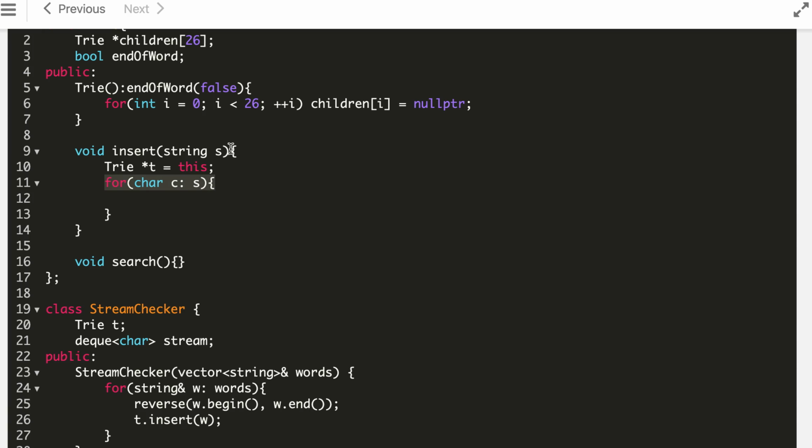So I was talking about this. Instead of this, you can write s dot length -1. You pick the character from that index and then move forward. So if t children c minus a, so we have 26 indices corresponding to 26 letters. 0 is for a, so this character minus a. So if it's a, it will be 0. If it's b, it will be 1. If this is null,